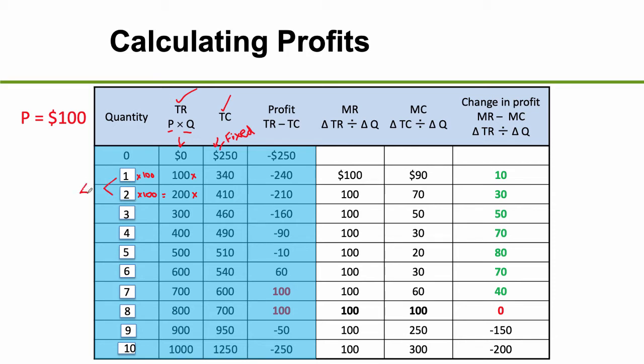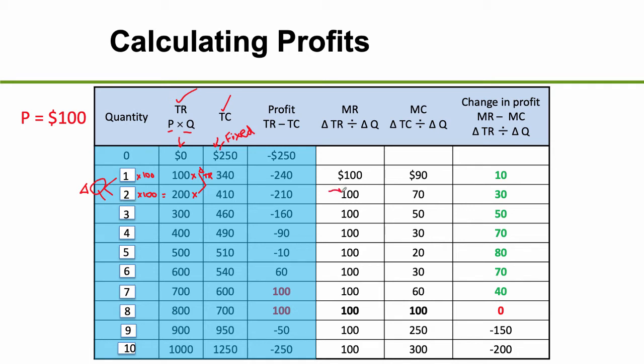So this is our delta Q. And our change in total revenue is the difference between these two numbers. So if we can get that in there, small change in TR. So we take that change, 100, divided by our change in quantity, which is 1, and that gives us our